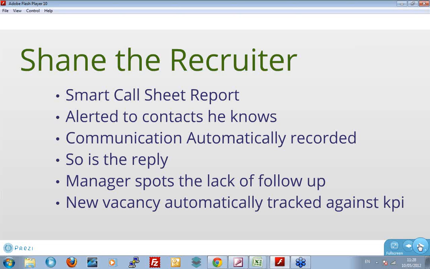A smart call sheet is something that analyzes the information that's available to you and tells them who to call. So it's not just an alphabetic list of people you haven't spoken to in 6 months, albeit it could be. It's about trying to get better quality information in there. It's looking at what companies have just lost somebody that you've got skills that you can fill. What companies are about to recruit because you know people are registering with you and are going to leave. You can do that. You can use intelligence, but you can also use some of our free tools to do that.